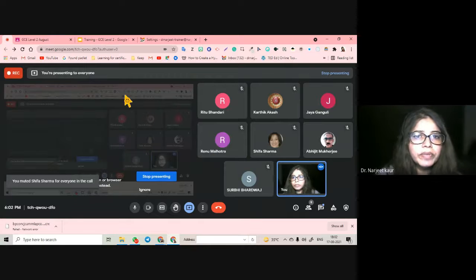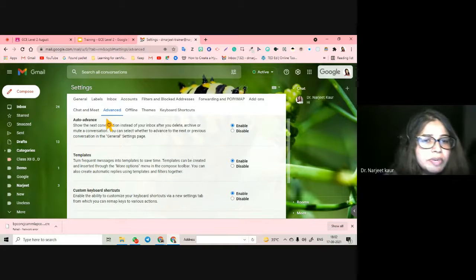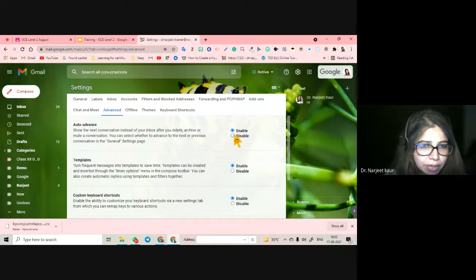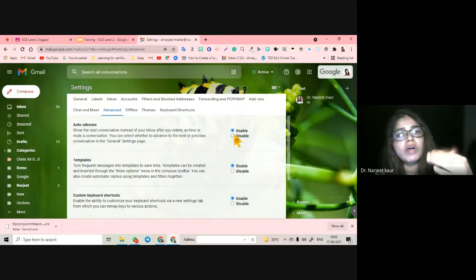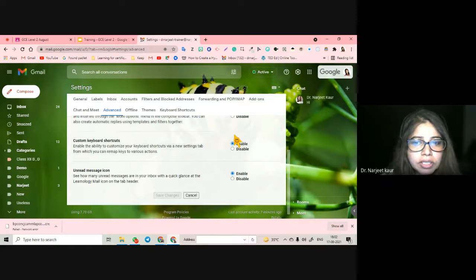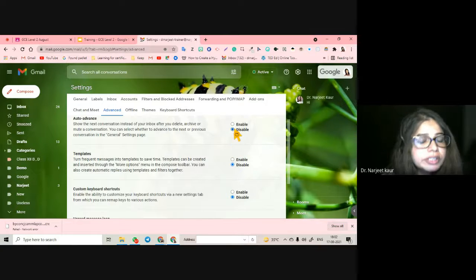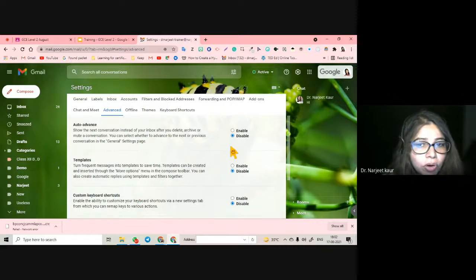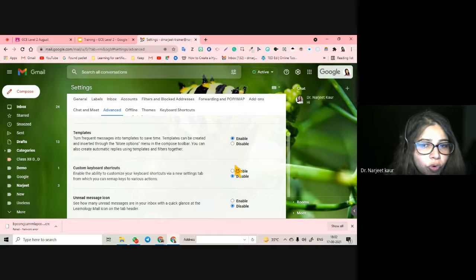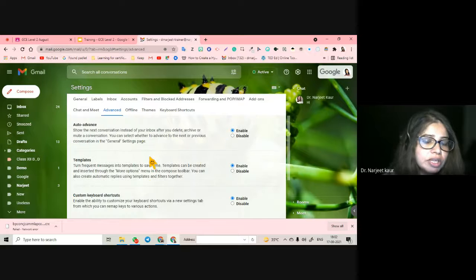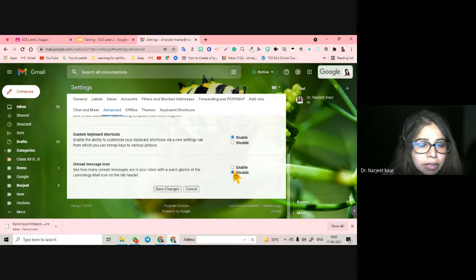All right. So in these settings, you're going to be tested on advanced, as I said, auto advance. Now, when you get your test mail with the mail ID and the password with which you have to attempt your exam, all this is going to be disabled. This will all show you disabled. So the first thing you have to do is, in advanced, enable all of them. Enable all 4 options. Only then you will be able to move with the next settings. And with this enabling, do not forget to click on save changes.